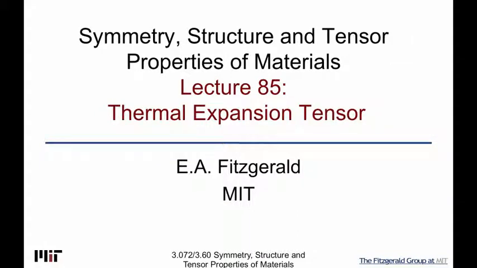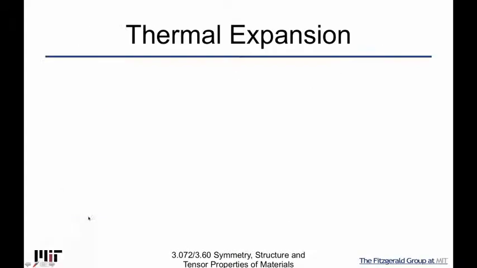Lecture 85 is now going to describe the thermal expansion tensor, since we set up the background in lecture 84 for thermal expansion, just showing that it's the imperfection of the harmonic potential as you continue to increase energy that leads to a thermal expansion away from the mean bonding distance. So given that, we can do a simple one-dimensional